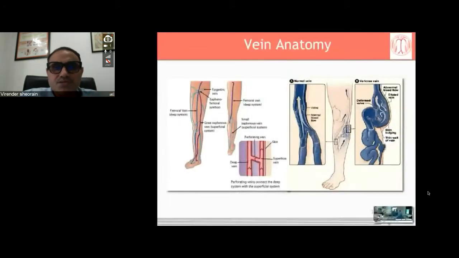So whenever such patients come to you, we all in the medical fraternity know that you cannot diagnose a disease unless you know the normal things. The anatomy has to be there before you begin to look or search for the pathology. So we know that there is a saphenofemoral junction, there is a saphenopopliteal junction, how the great saphenous vein goes, and basically there is a confluence of the superficial and the deep vein. You should know about the perforators and the location of the perforators, and that's how you can do a good